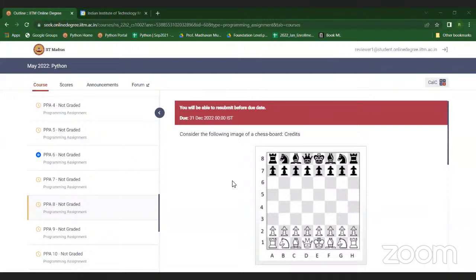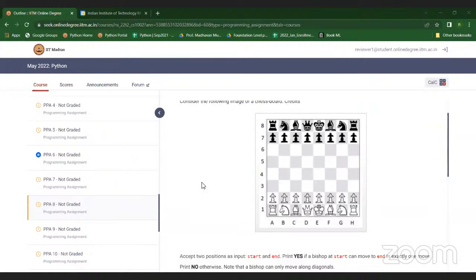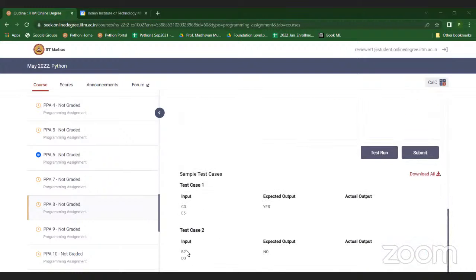One thing I will say is, don't assume that we'll use complicated things and all. This is an intro to Python course. That is like a next level thing. If you think of it that way, then the bishop cannot move at all. That's what I was stuck at. And the bishop's initial positions would be fixed. Either the input should be c1 or f1 or f8 or c8, right? But then they gave c3 and all, b2 and all.